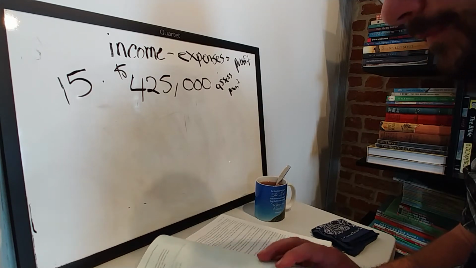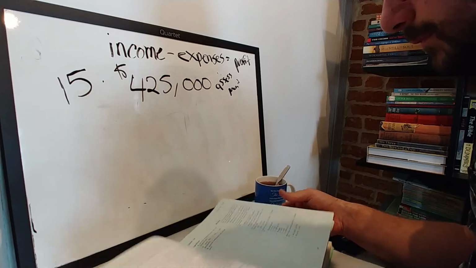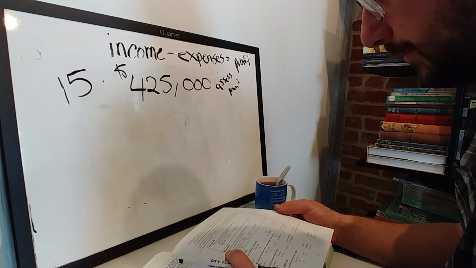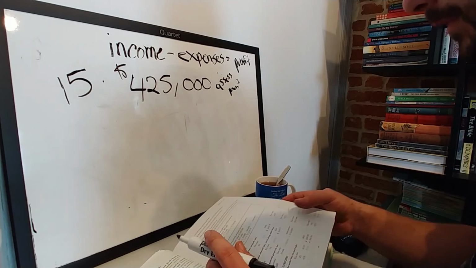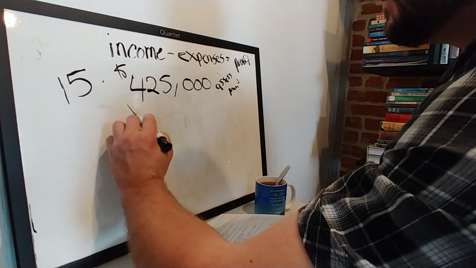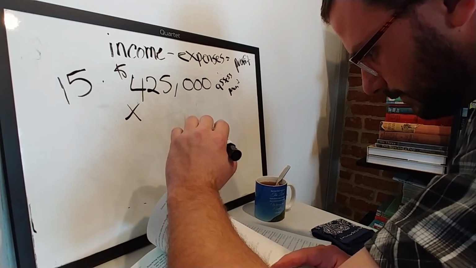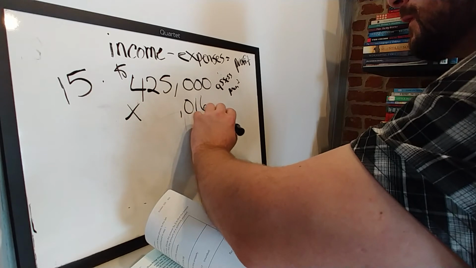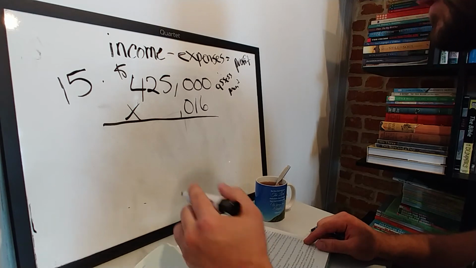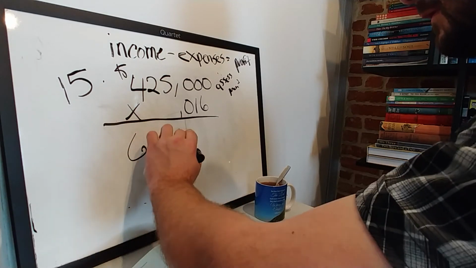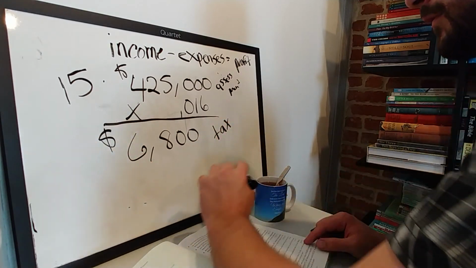So if you remember how to do property tax, mils, you simply divide mils by 1,000, if I remember correctly. So you move the place 3 spaces. So you should take this times 0.016. And if you do this correctly, you should come up with $6,800. And that is their taxes on the farm at 16